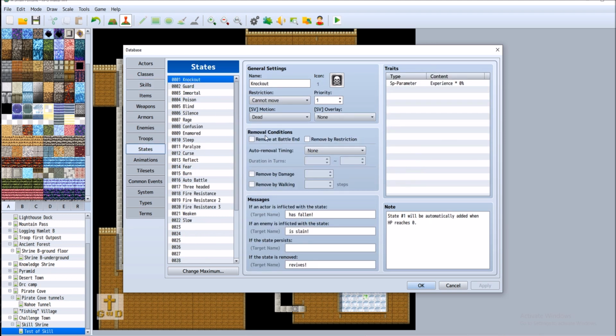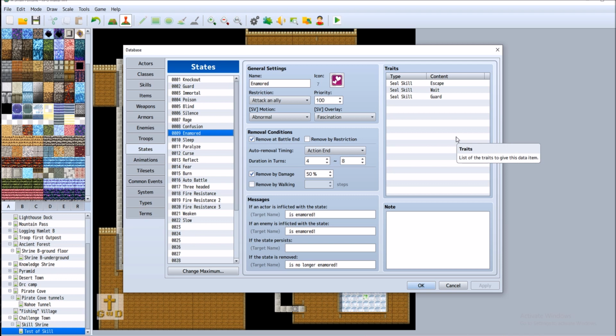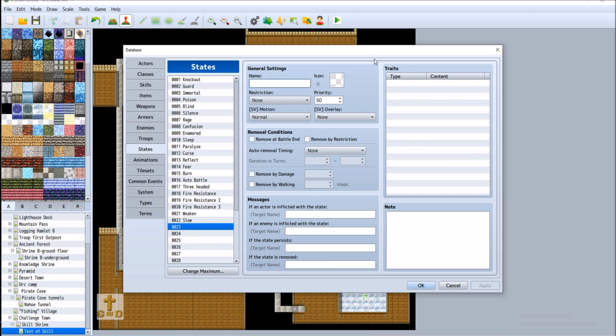Well, let me look at states real quick, because I have enamored, which I was going to use for certain enemies, but it's not the same thing for the succubus. Seal skill escape, seal skill wait, seal skill guard. Basically, it just makes the player unable to do anything but attack the opponent. That is not the same thing I want. What I want is probably...